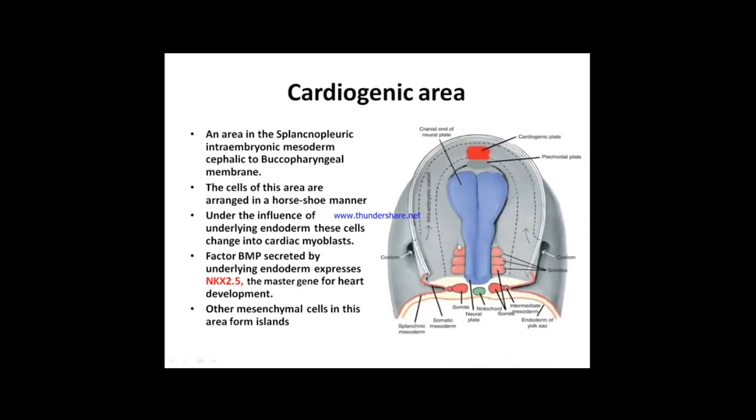So here what we see is an early embryo, as seen from the amniotic cavity. This blue area is the neural plate. Below here we have the somites. In the midline of the neural plate we have the neural groove. Just cephalic to that we have the buccopharyngeal membrane. Cephalic to that we have the cardiogenic area. This cardiogenic area lies just below the summit of the horseshoe cavity, that is the intraembryonic coelom, which will later form the pericardium, and this red area is the cardiogenic area from which the heart develops.